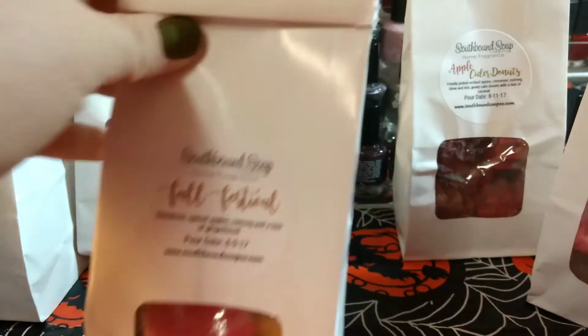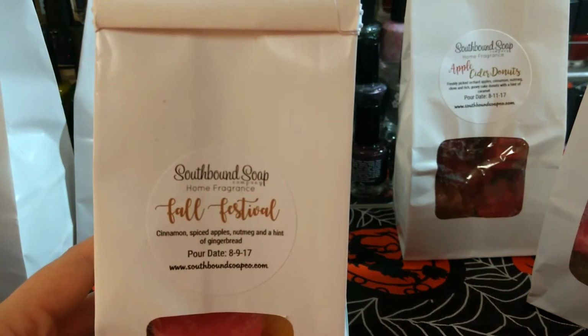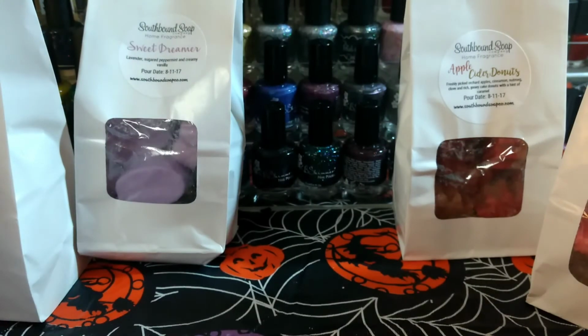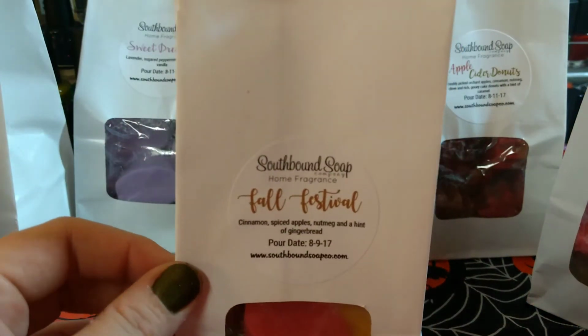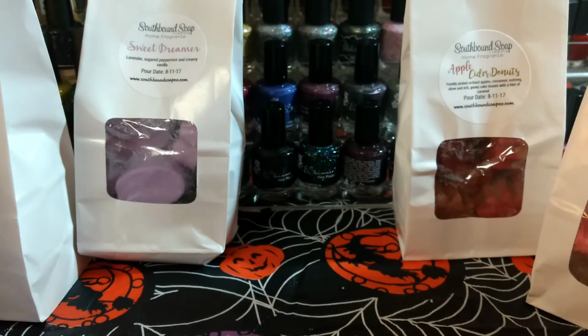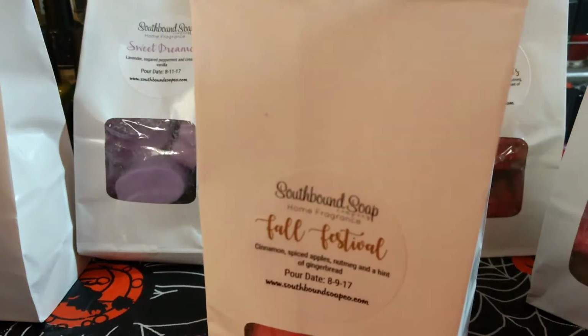And then this one is Fall Festival. Cinnamon, spiced apples, nutmeg, and a hint of gingerbread. This one is like a really spicy apple kind of cider. And the gingerbread, I get the gingerbread. So this one is, I'm not going to pull these all out, but